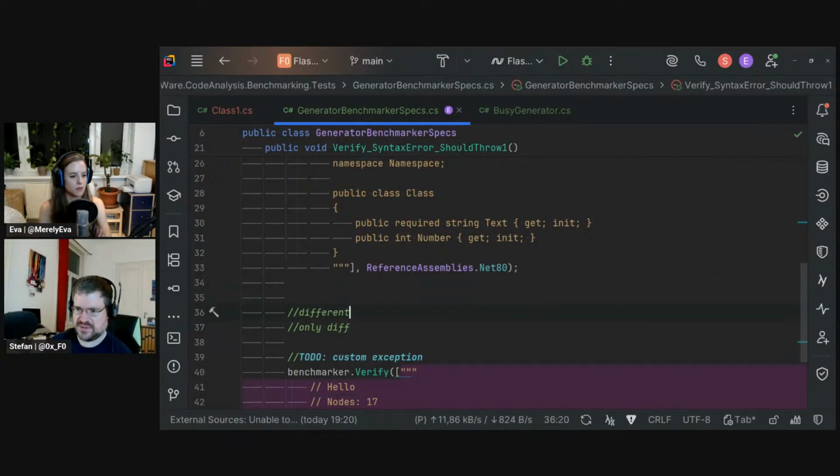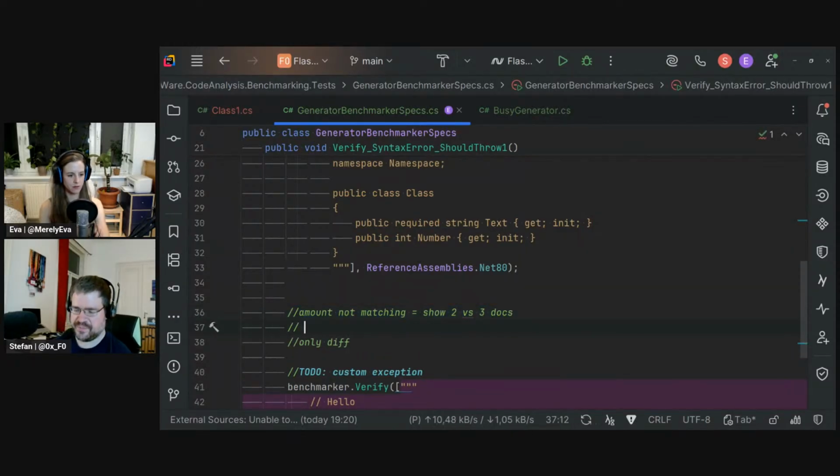The amount not matching is a, show 2 versus 3 documents or something. And I guess this then eliminates the other question, because if we were still going into the diffing, the question would be, what do we show? Do we only show partial diffs, or how would the behavior be there? But if we immediately say, hey, expected 3 but found 2, then because generated documents also have a generated file name, we could print the generated file names